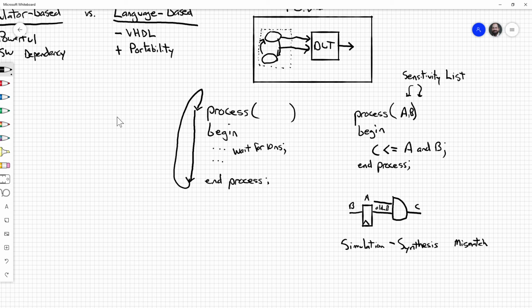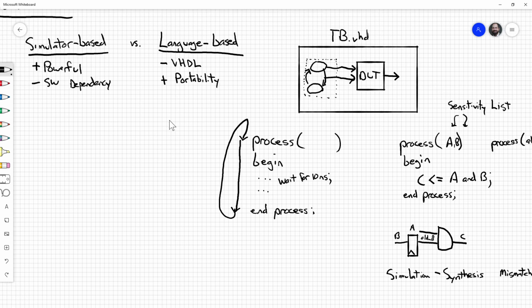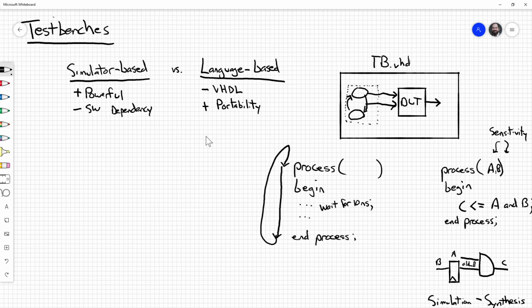And so, in general, we want complete sensitivity lists. VHDL now allows you to specify, without worrying about the names of your signals, process all: every possible signal that could be in my sensitivity list, put it in there. Maybe it simulates 10% slower, I don't even know, but it's certainly going to save you from those sorts of issues. So, again, the big picture takeaway for lab number 3 is we have to be very careful about the design